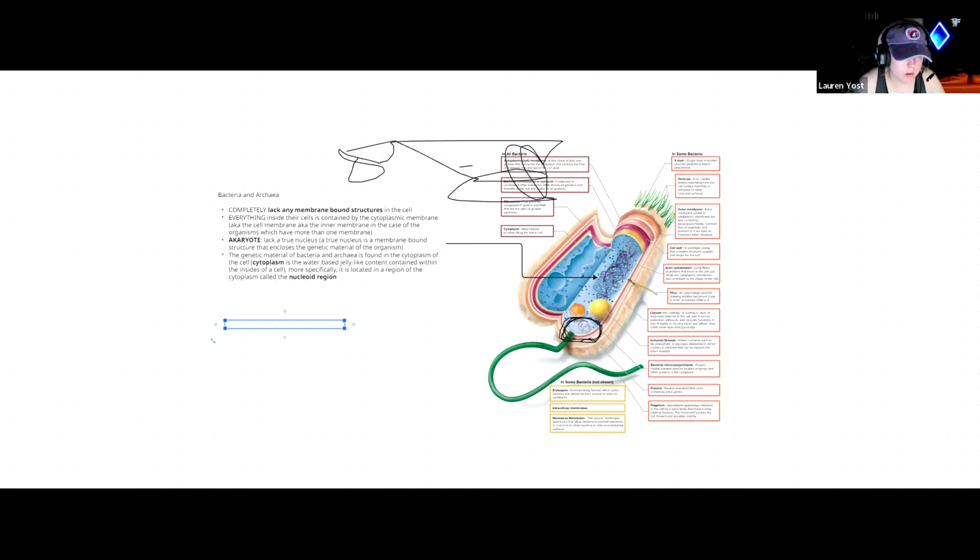And so here are the ones that we learned about. We learned about the cocci, which are round. We learned about the bacilli, which are rod-shaped. And then we learned about pleomorphic cell shapes, which just means that you can have no set shape of your cell